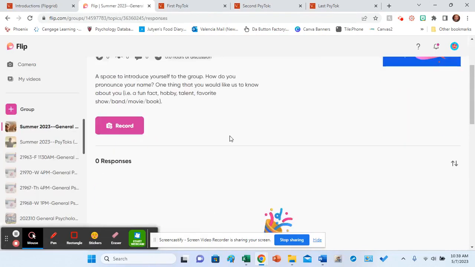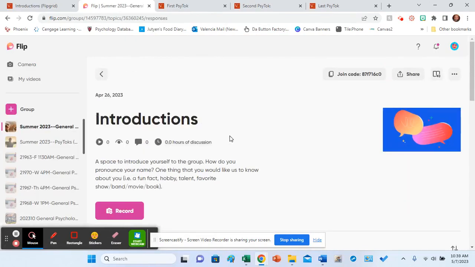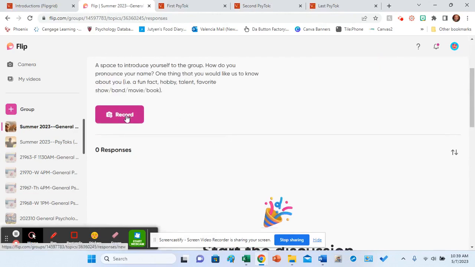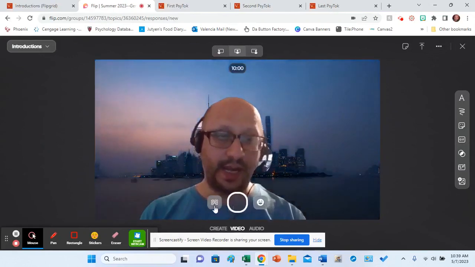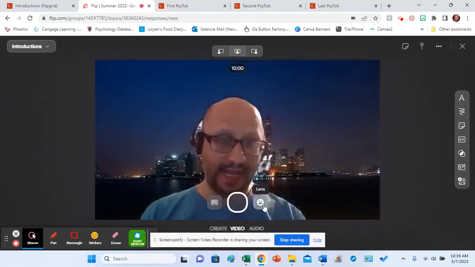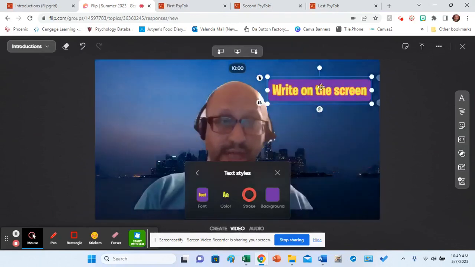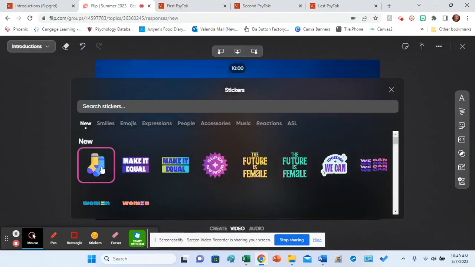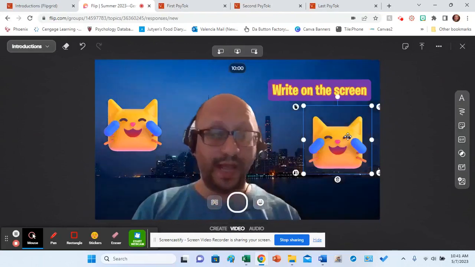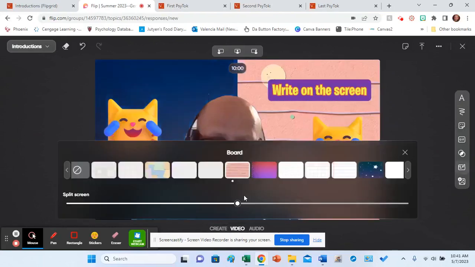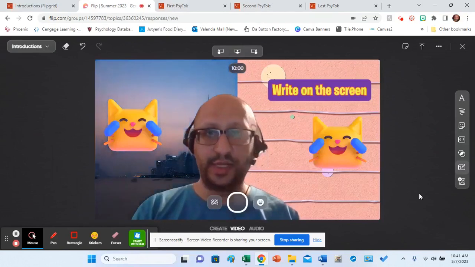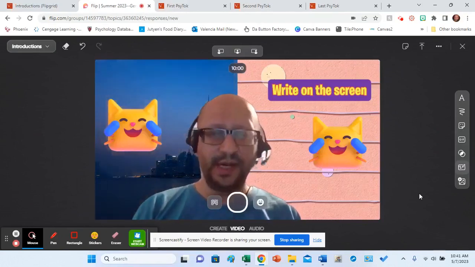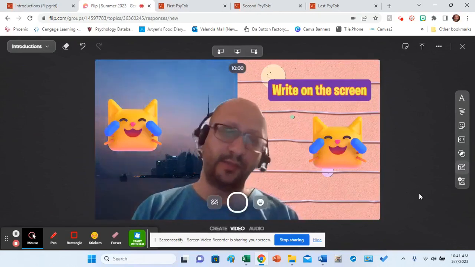Now, once you're here, you're going to make your Flipgrid. You're going to click record here. And once it loads, you can press record, change your backdrop, add different lenses, and you should be able to write on the screen as well as put stickers and just play on it to see if there's anything that you would like to use. For the introduction, none of that is really necessary because you're just doing an introduction, but you will use